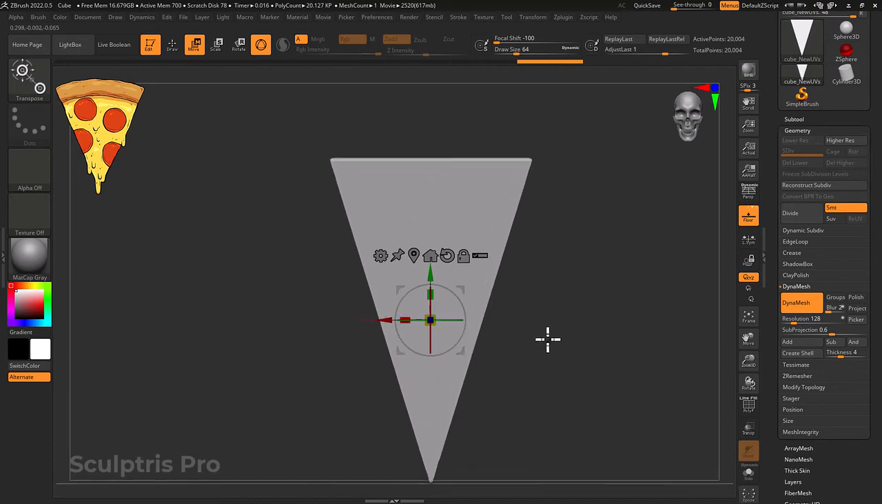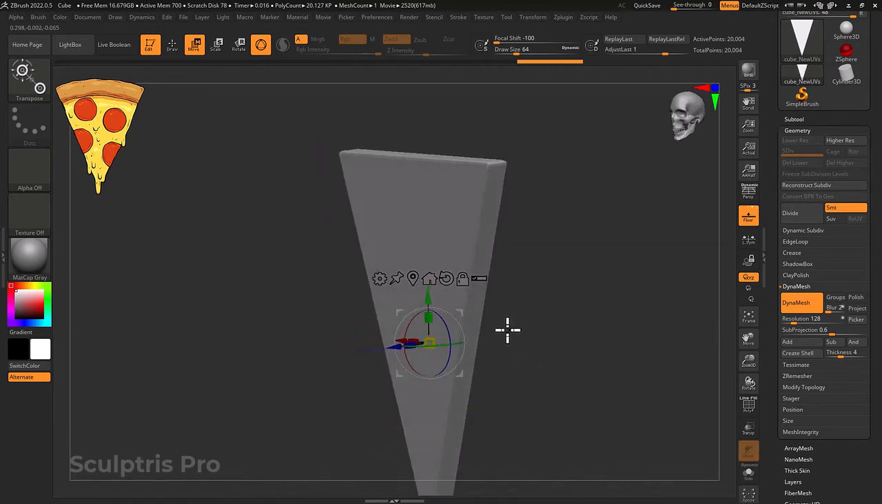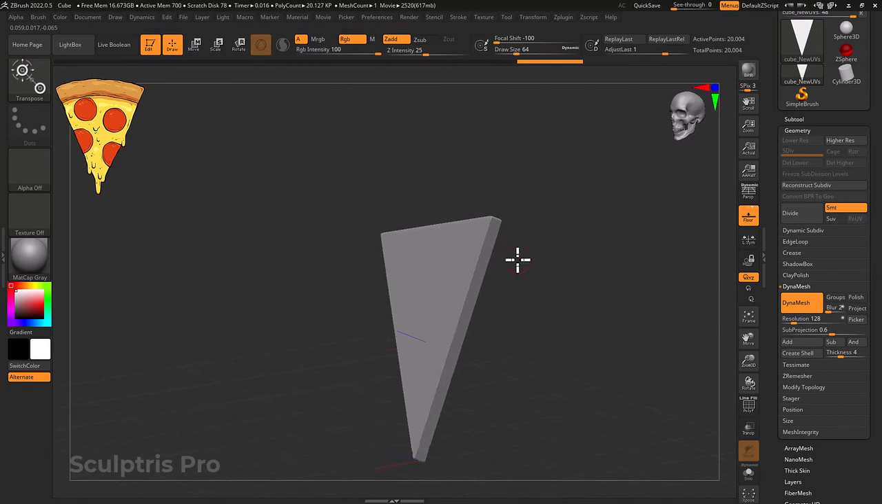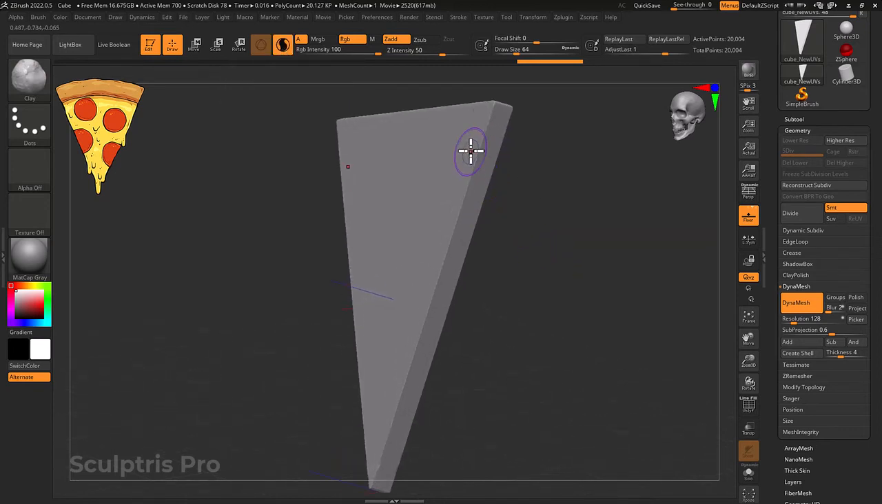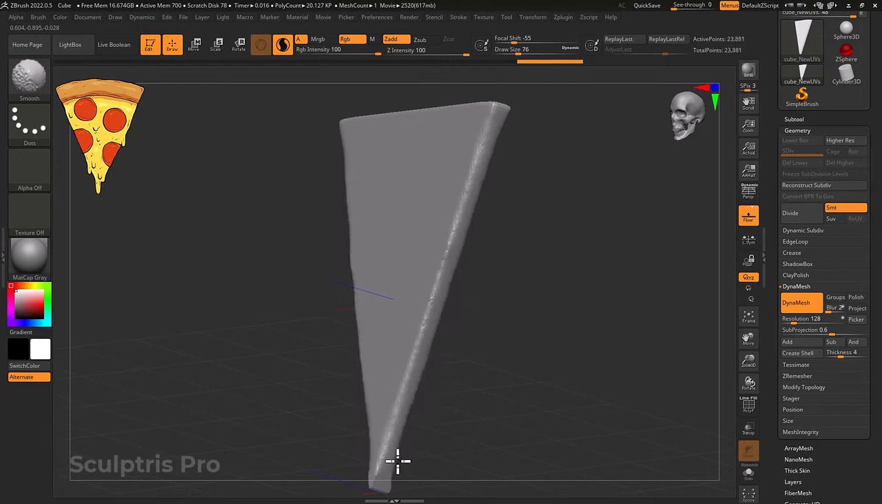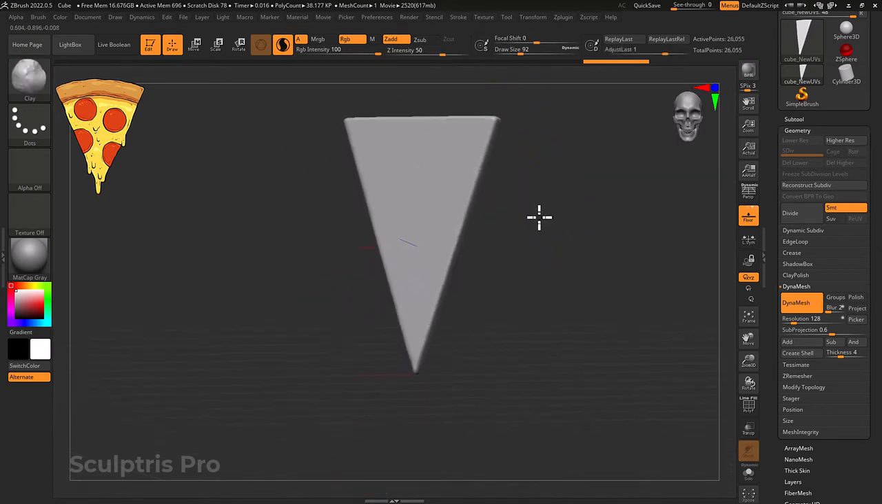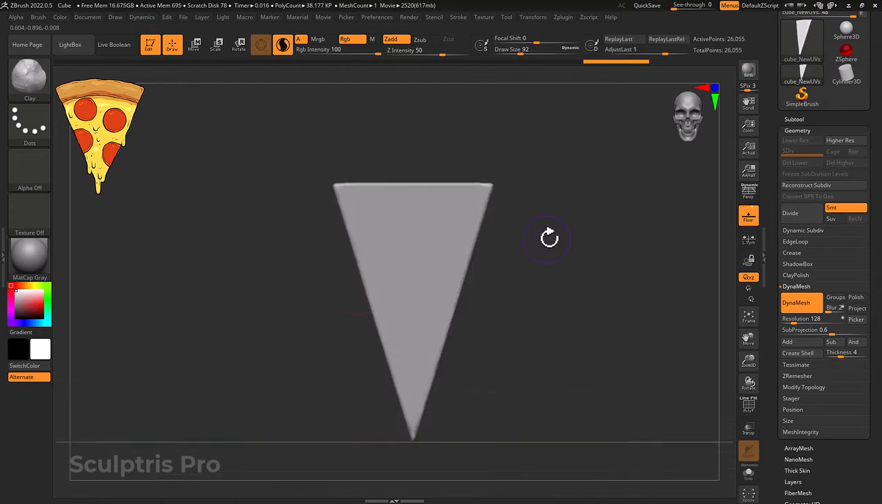Just scaling things a bit more with the Gizmo 3D. I think that's a nice piece of slice shape. I'm just turning on Sculptris Pro, and from a 3/4 view, just smoothing a bit. Okay, I could probably stand to turn down my smoothing a bit, or just lightly tap. Good example of pen pressure